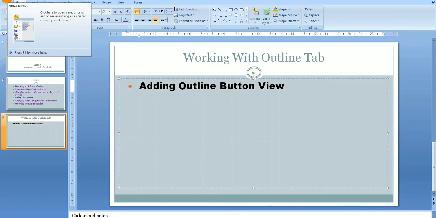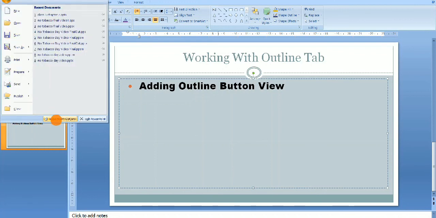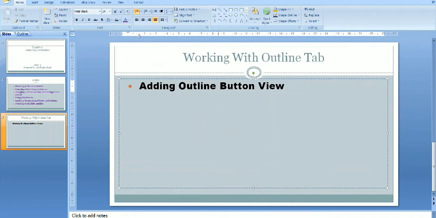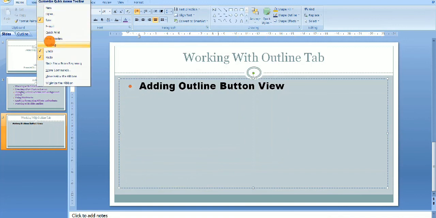Click on the file tab, there is the option of PowerPoint options. Here we can see the features, how we will do or see the outline view. You have to click on this arrow. This is the customize quick access toolbar. From here you can choose anything which you want in the quick access bar as a button, then you can set it from here. If you want print preview, you can add it.